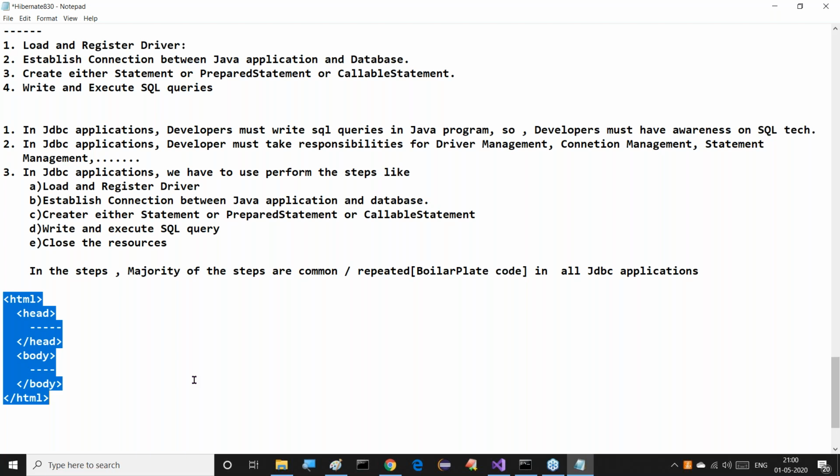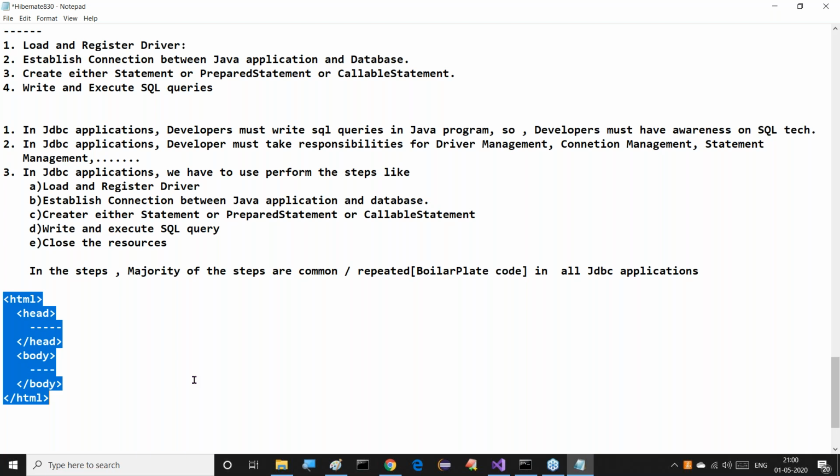So every day the same plate is boiled again and again. That's why the name is boilerplate. Almost 70 to 80% is common content and only 20 to 30% is variable. So every day the common content must be boiled and then the printing done.